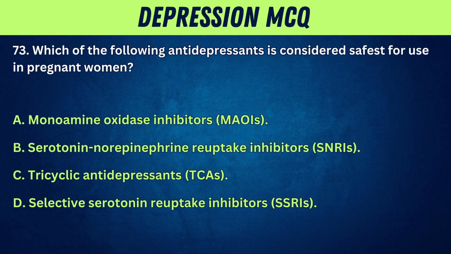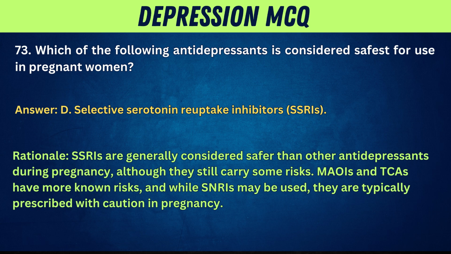A. Monoamine oxidase inhibitors, MAOIs. B. Serotonin norepinephrine reuptake inhibitors, SNRIs. C. Tricyclic antidepressants, TCAs. D. Selective serotonin reuptake inhibitors, SSRIs. Answer: D. Selective serotonin reuptake inhibitors, SSRIs. Rationale: SSRIs are generally considered safer than other antidepressants during pregnancy, although they still carry some risks. MAOIs and TCAs have more known risks, and while SNRIs may be used, they are typically prescribed with caution in